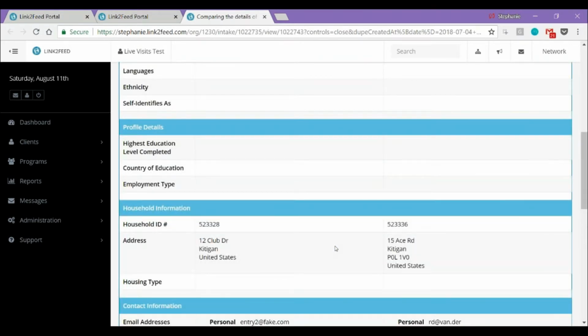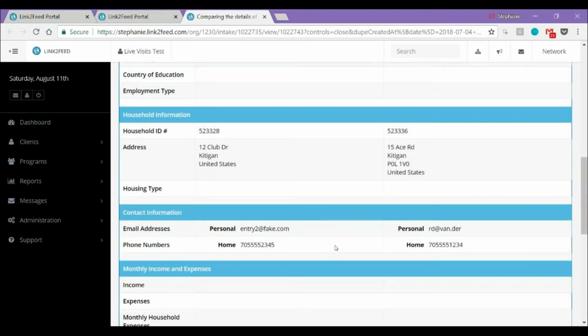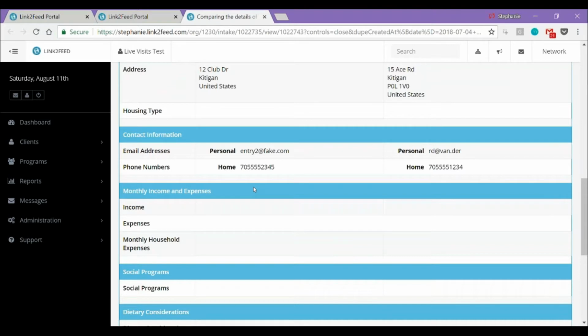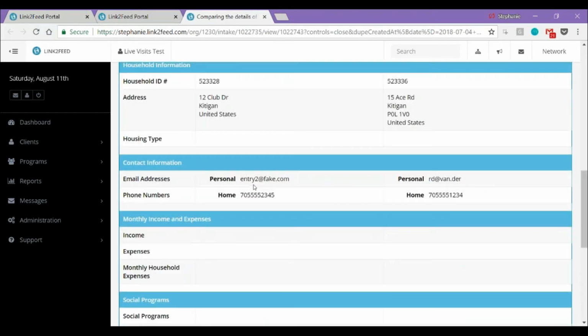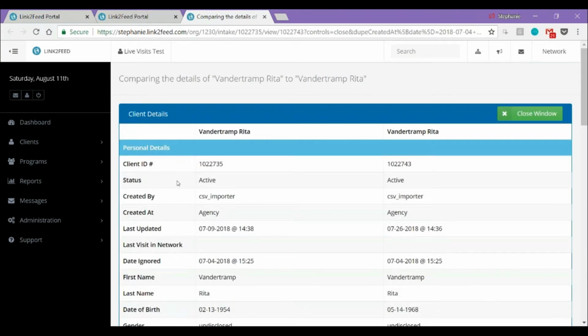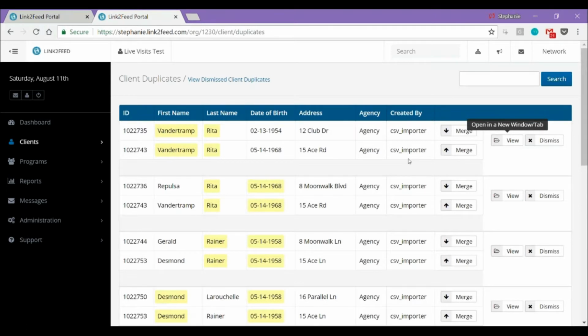If any additional information was created, and if you know exactly what the client's address may be, or if you're familiar with the client sitting in front of you, you should be able to discern which of the client's profiles should be used and kept. When you know which one to keep, you would close the window and you'd be taken to the client duplicates